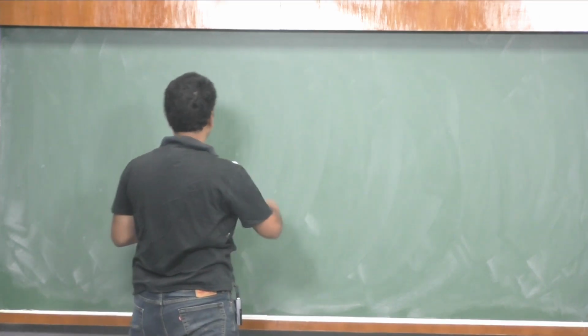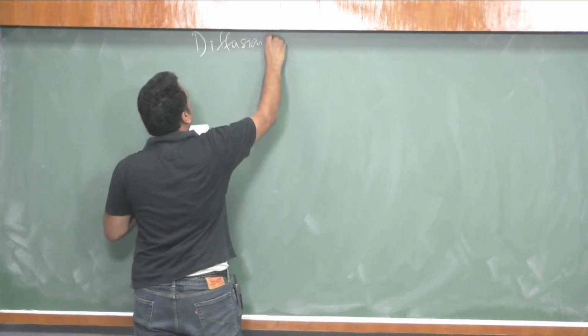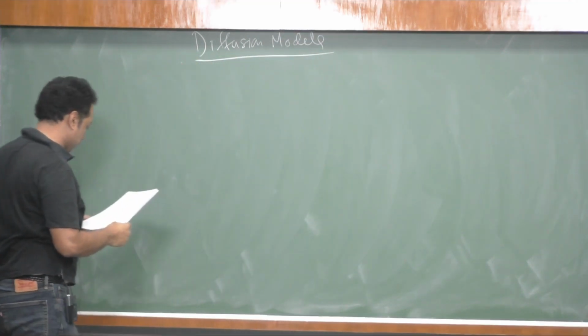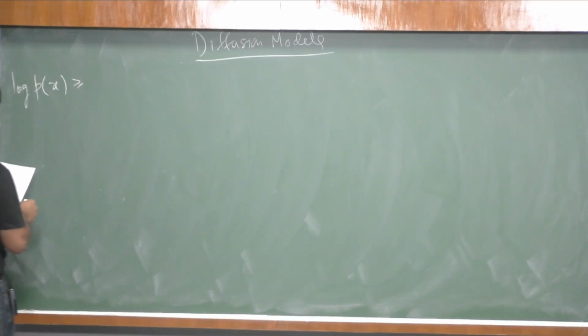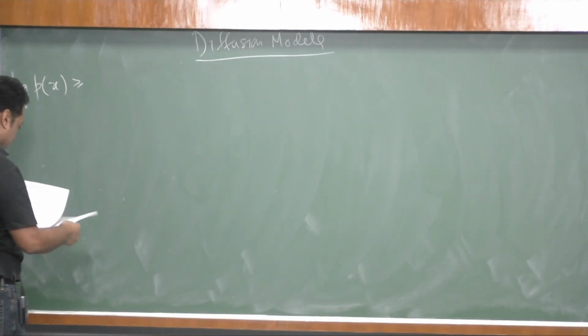We continue with diffusion models. And in the last class, I wrote this lower bound, which is that log p(x) is lower bounded by this. We did this derivation,